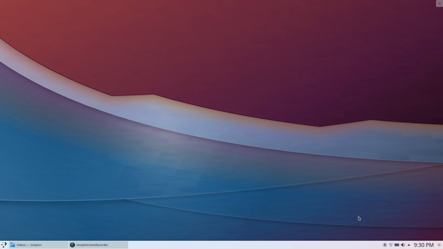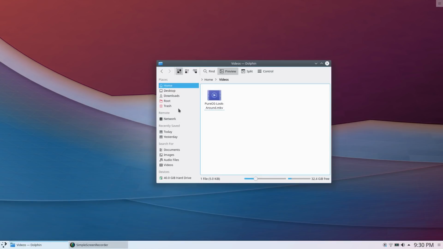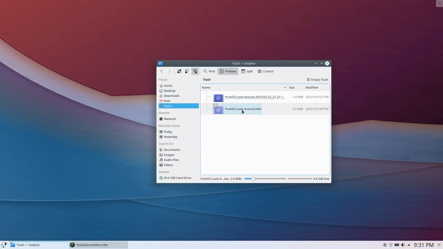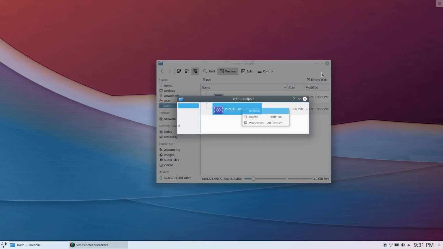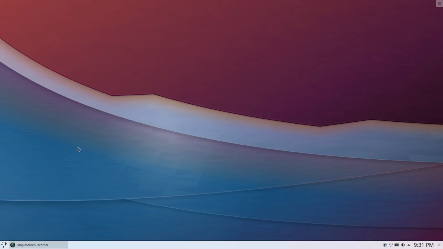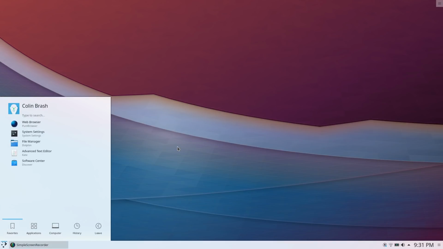Just a couple of things. I think it's a Plasma thing. It's not my thing, I think. But when I'm playing back a video, I think I'll show you if I can. I put some in the trash, so let's just restore that one for a minute. It already exists. Okay, that's right. When you're playing back a file,